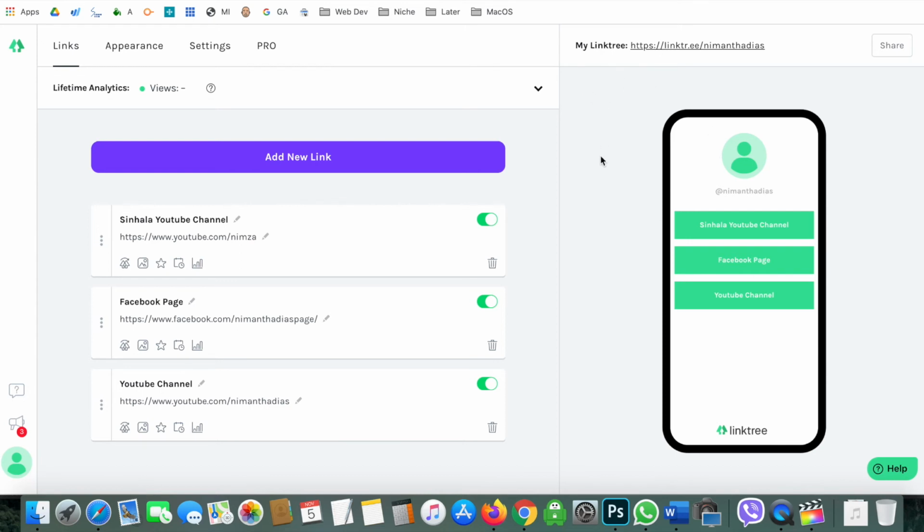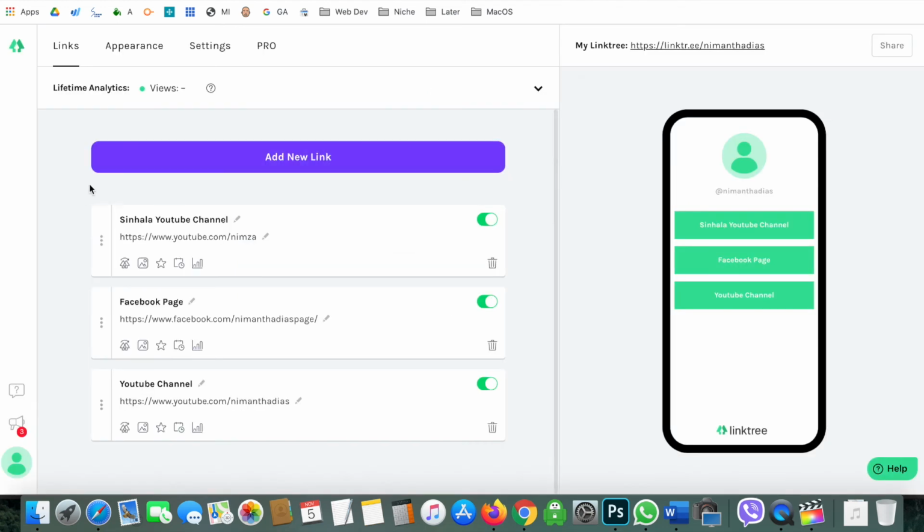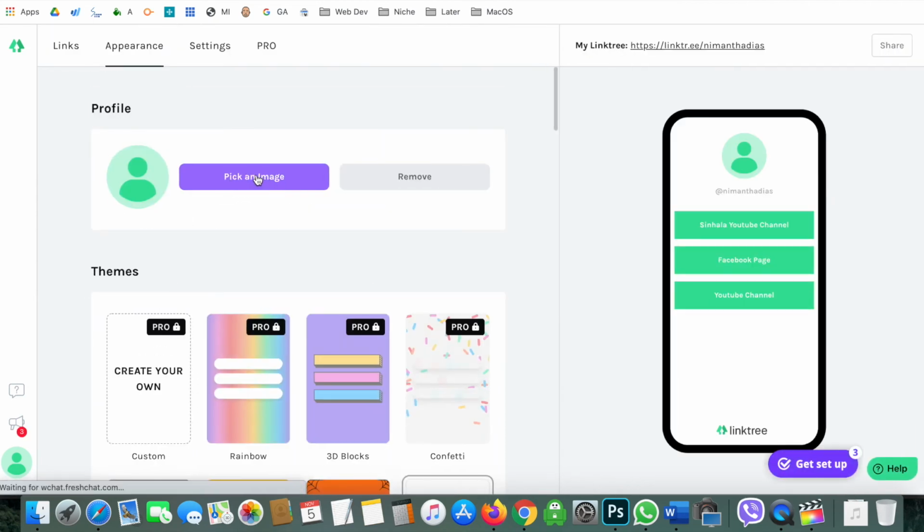There you go, and then you can just click it. So this is how it looks, but you can see that there's no photo as well. Appearance, pick an image, right?